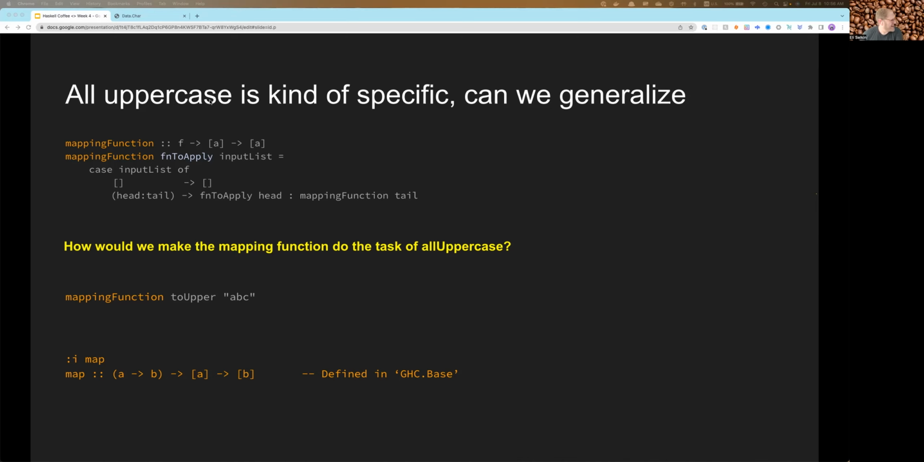But what we're doing here, so how would we make the mapping function do the task of allUppercase? Here in the mapping function, the function to apply then would be toUpper. So we would call mapping function toUpper of ABC. And so if we get some information about this map function,